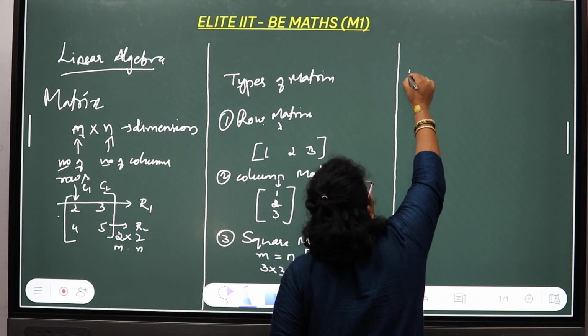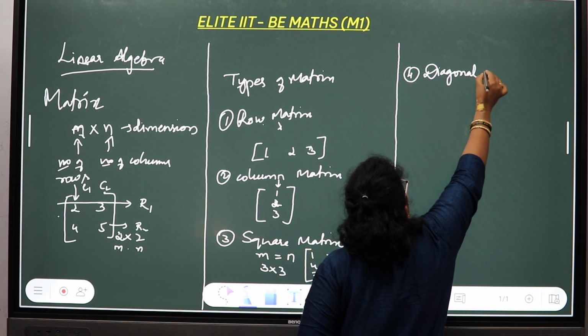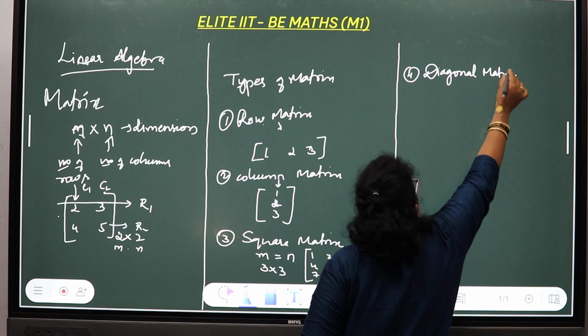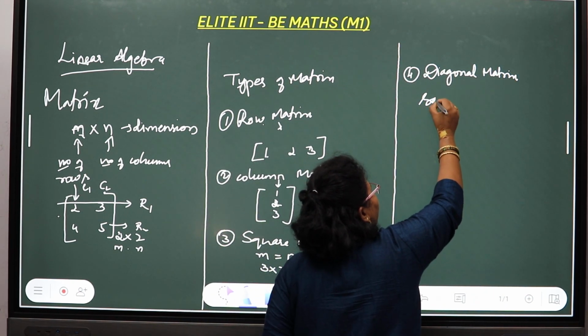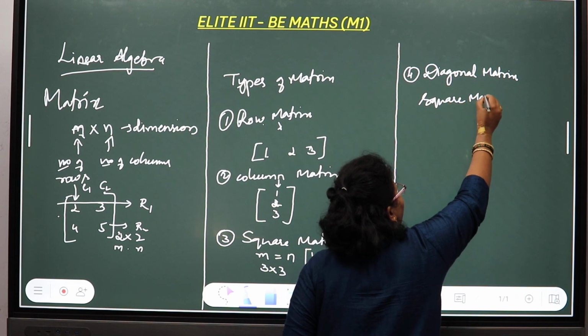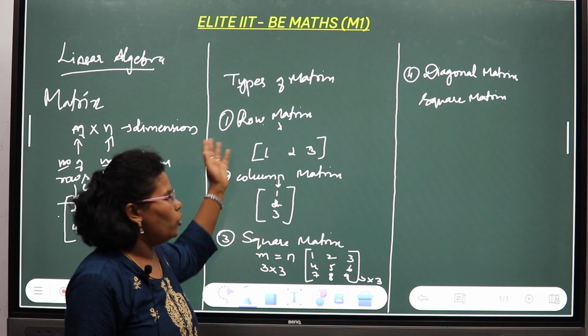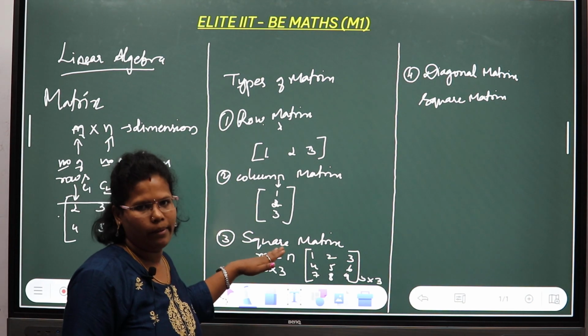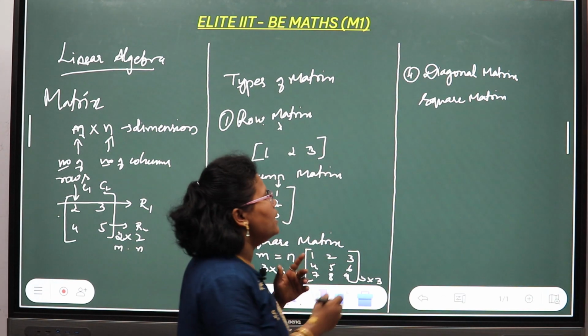And then we have next the diagonal matrix. So we see what a diagonal matrix is. A diagonal matrix is a square matrix. So first of all it must be a square matrix. That means a diagonal matrix cannot be a row or column, it must be a square matrix. Okay. So what is the condition? When I say diagonal matrix, remember